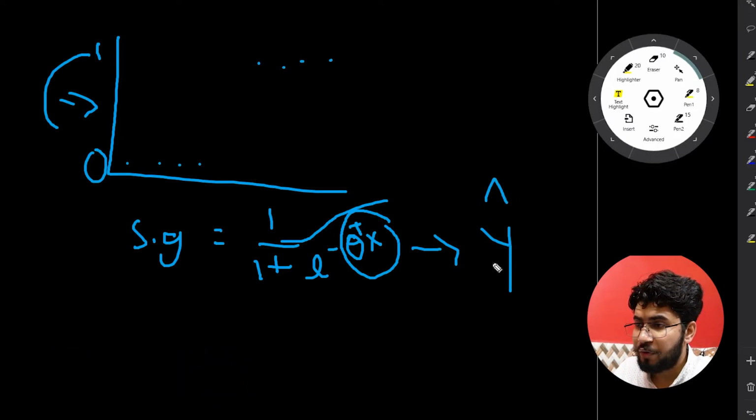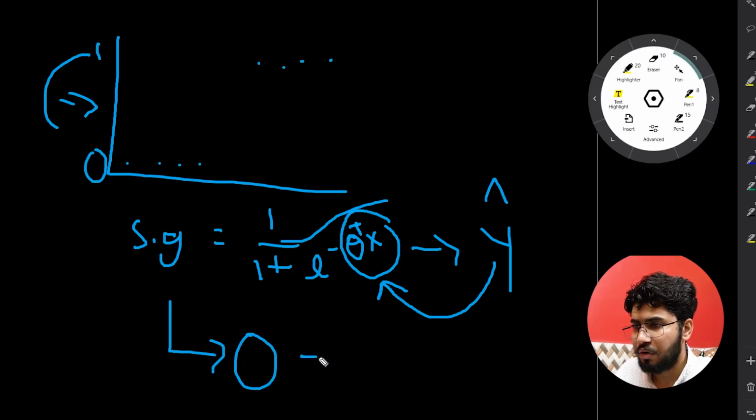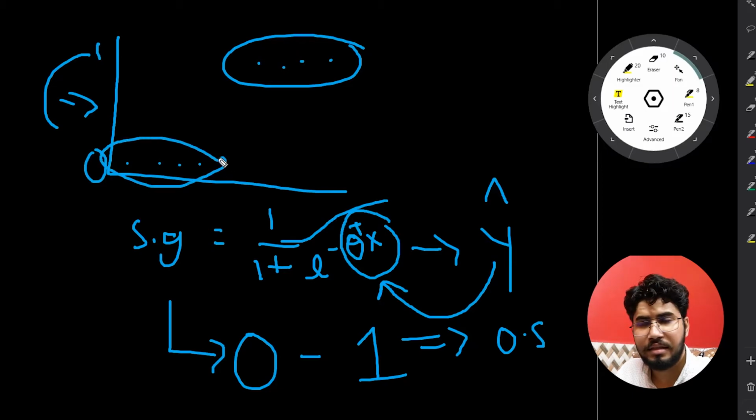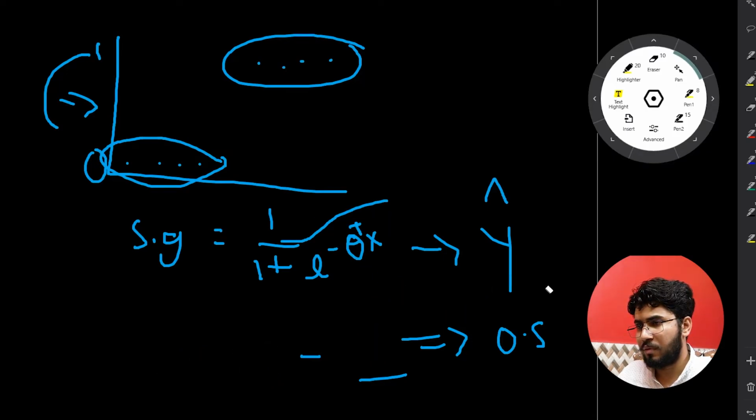Now when we put this part in this formula, it is only going to generate values between 0 and 1, nothing else. So how is it going to do classification into two classes? Basically, if you have a value of 0.5 and above, then you classify it as 1. If you have a value of less than 0.5, then it is going to classify it as 0. So this is the concept here, and let me also explain the formula.